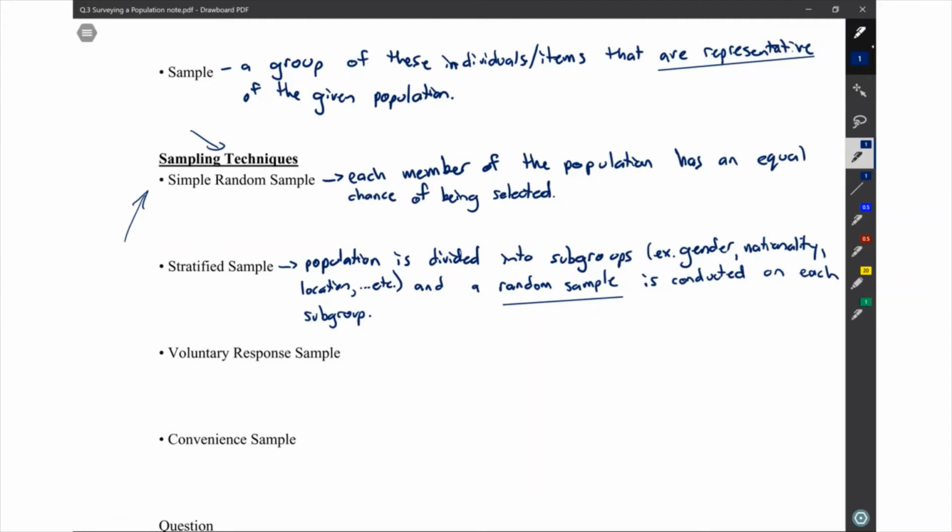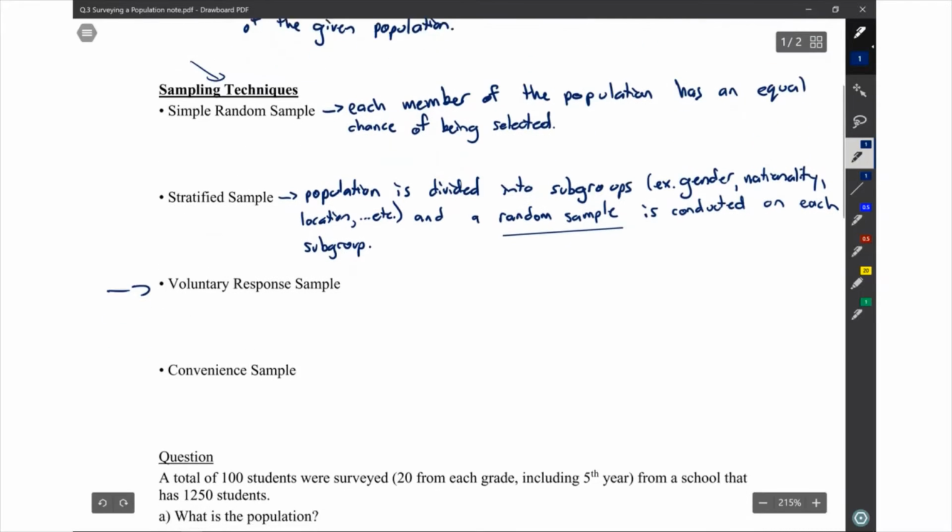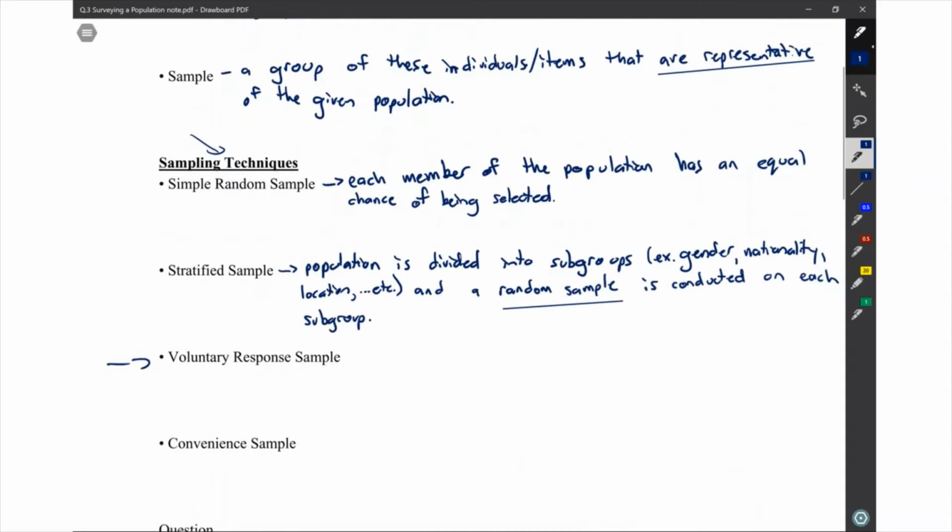And a voluntary response sample, let's take a look down here now. A voluntary response sample is when the sample contains members of the population who have chosen to respond to a survey. An example of this might be on the radio. Radio might say, call in if you feel strongly about a particular topic. And then the only people whose opinions the radio is collecting are those who have